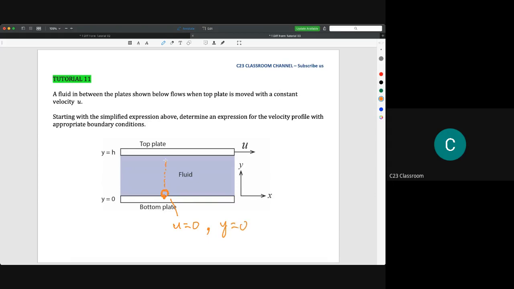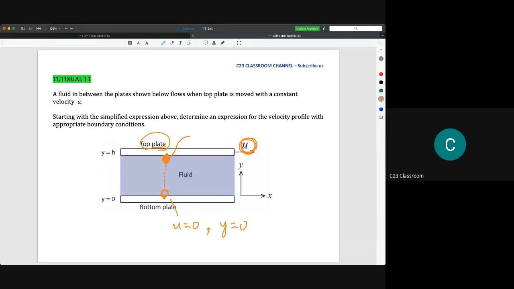And actually, at this top plate, the molecule here sticks very well too. It sticks very hard and is not moving relative to the plate. So the velocity, because it is stuck very hard on this top plate, is equal to 0 also. But because this top plate is moving at a certain velocity, we see relatively that